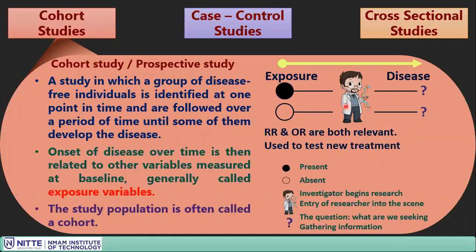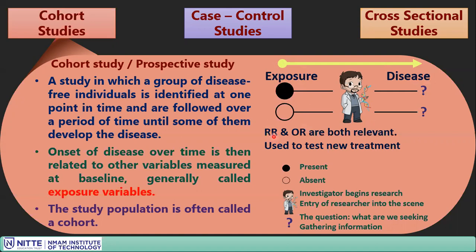Then the researcher is going to follow up these two cohorts to see whether the event occurs or not. Here I have written it as disease, but it could be any event. For the first cohort and the second cohort, the researcher observes and records whether the event occurs. So the first thing that happens is the researcher assigns the cohorts to exposed and unexposed. This is the starting point. Then he observes whether the disease occurs over a period of time. This time period may be 1 day, 1 week, 1 month, 1 year, or 10 years. So the time domain depends on the type of study they are doing.